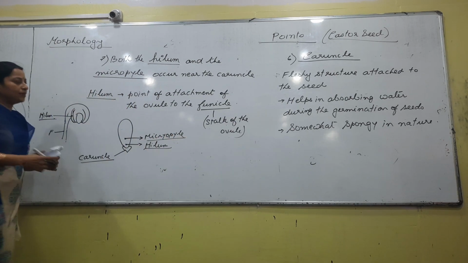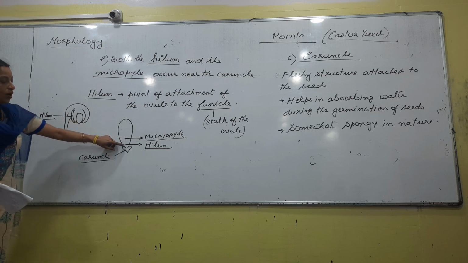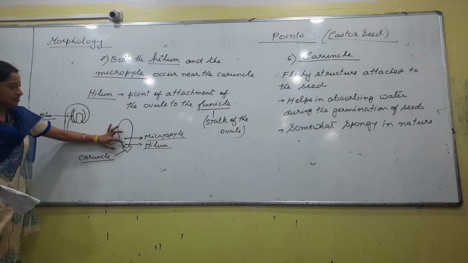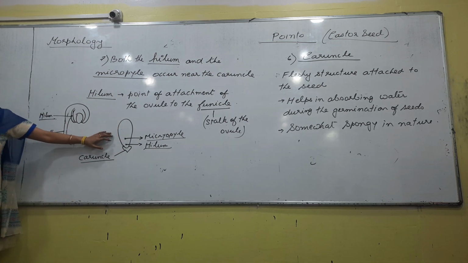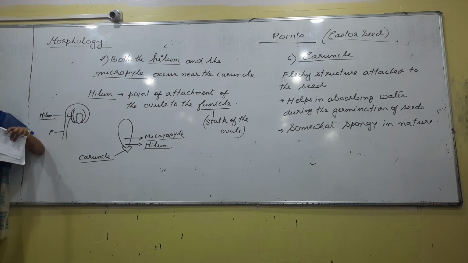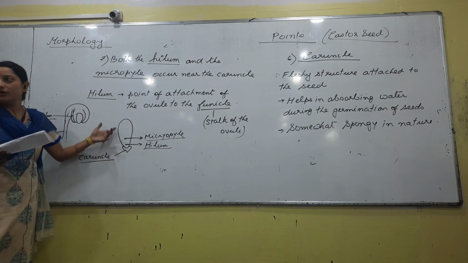Just to have an idea, right? What is hilum? What is micropyle? Micropyle we know, right? After the seed is formed, we see two dots. One is called the hilum and the other is called the micropyle. Again, if you want to see such a structure, the best example could be a gram seed. If you have seen the gram seed properly, you see two pore-like structures in it. So, one is the micropyle and the other is the hilum. Micropyle we know, hilum now we understand.